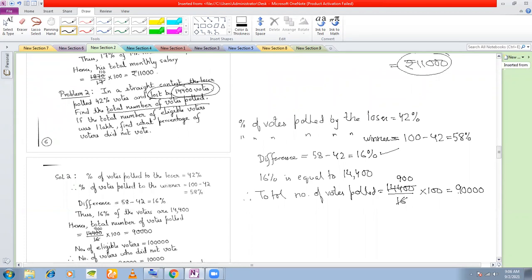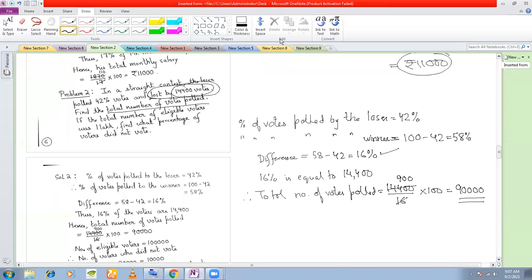Now look at the second part of the question. Second part of the question states that if the total number of eligible voters was 1 lakh, what percentage of voters did not vote? What do you mean by eligible voters? That means those who could have voted but did not vote. Okay. Eligible voters means those who could have voted. Okay, 1 lakh was people who could have voted, but actually how many